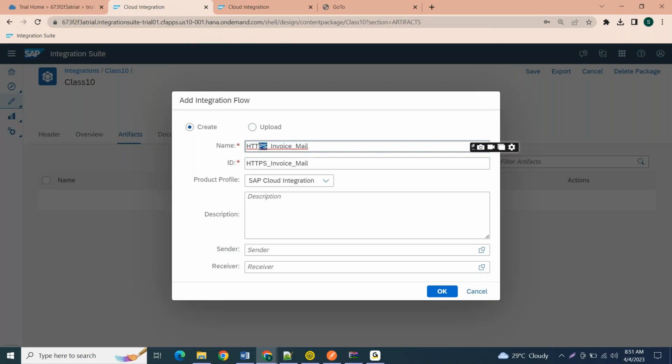Here, instead of HTTPS, we will place the sender system name, and we will maintain it based on the naming conventions of the project. So the invoice information is taken from this sender HTTPS to the target mail server. If I want, I can maintain the sender here. For this integration flow, the description says this iFlow will connect